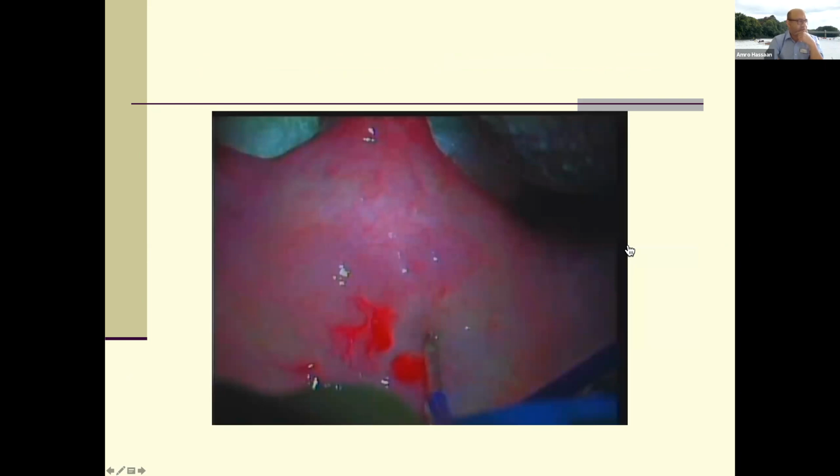And this is radiofrequency being applied to the soft palate. Again, it's an upside down person, so this is the soft palate here, that's the uvula, and that's the probe going into the soft palate.